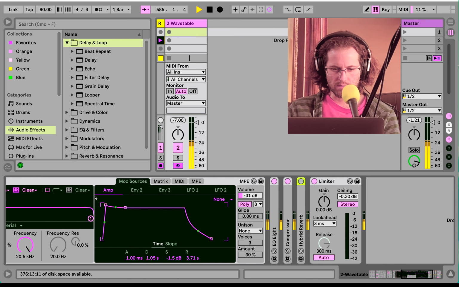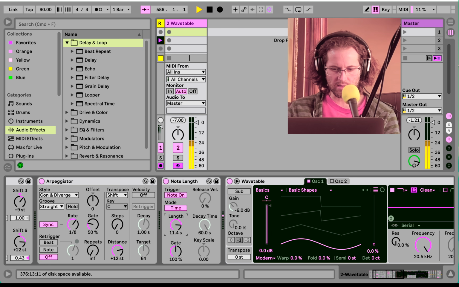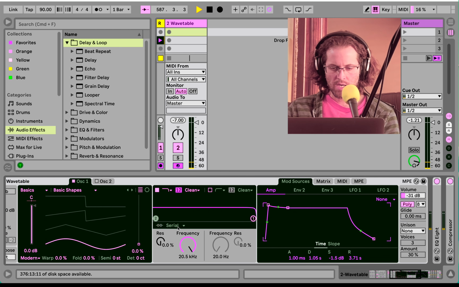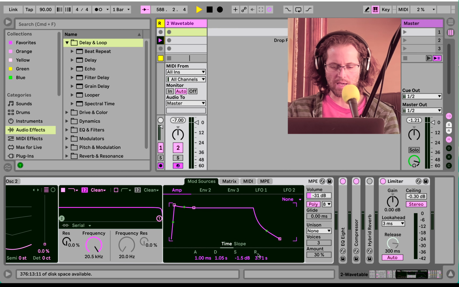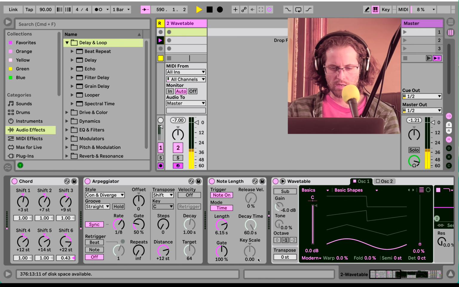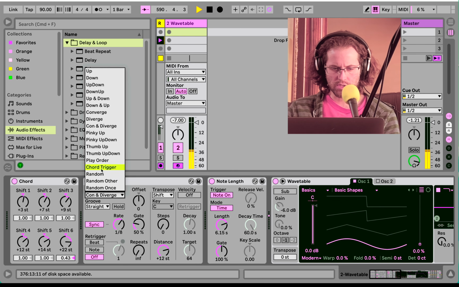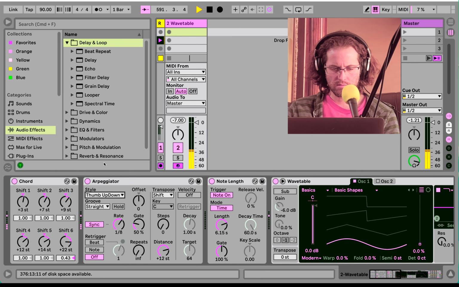Yeah, this is too long. I don't want it to just ring like that forever, because then you get these walls of sound that just don't sound very good. Because I think we're going to use the delay to kind of give us more of our wash. So I'm going to come over here, change it to thumb up down. And if you change the rate,